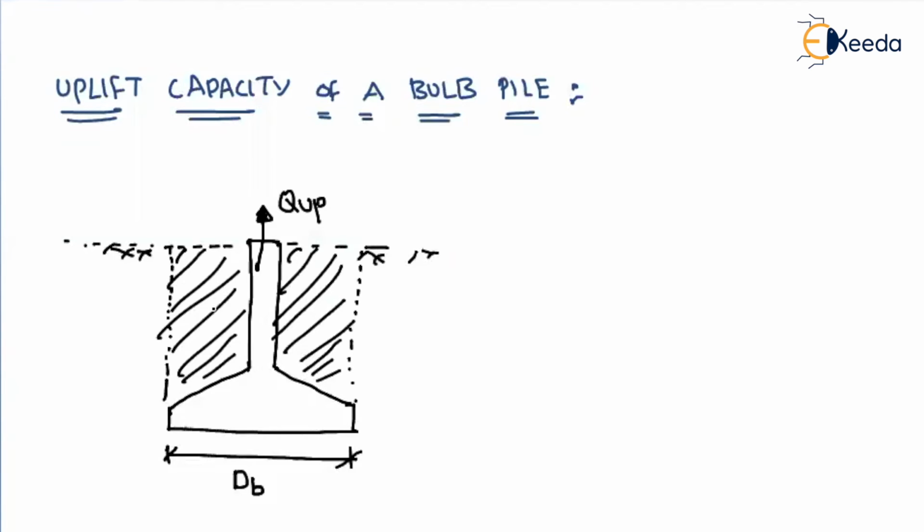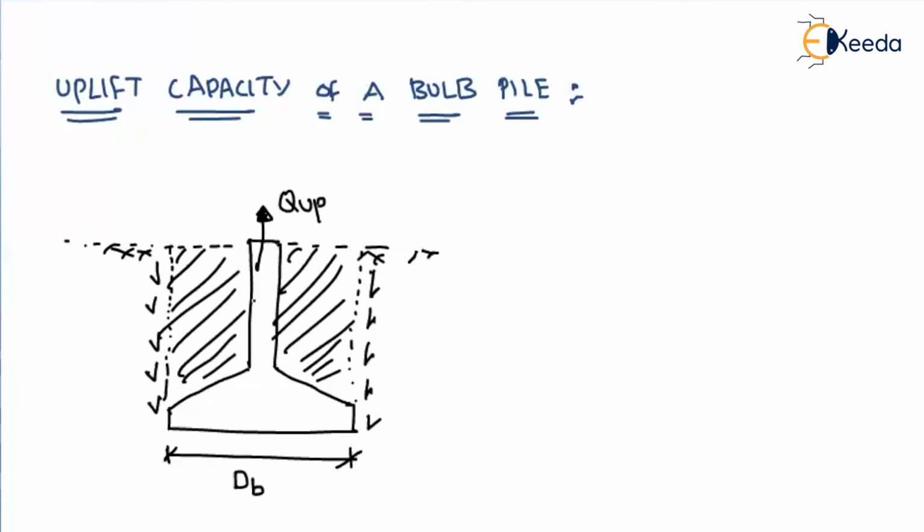Now, the skin friction will exist in the opposite direction. As you apply force in the upward direction, the skin friction will act in the downward direction. Then, what about the end bearing? Will there be any end bearing resistance? If it is moving in the downward direction, the soil below will come in contact. But if it is moving in the upward direction, will there be any contact with the bottom soil? No. So we will only have the frictional resistance, with no end bearing.